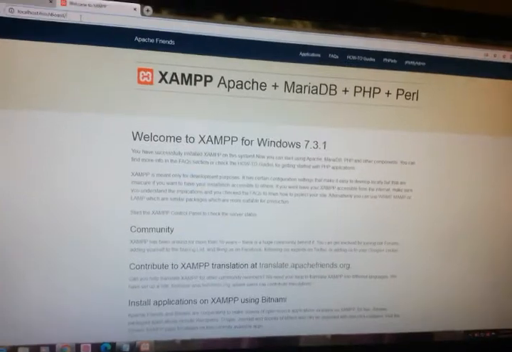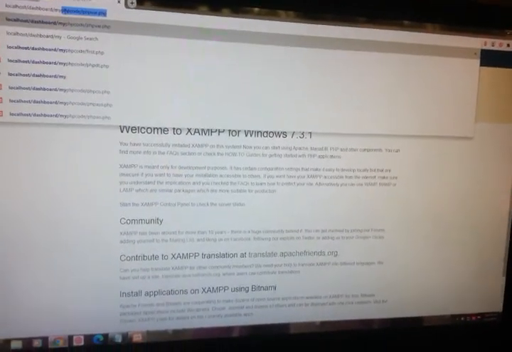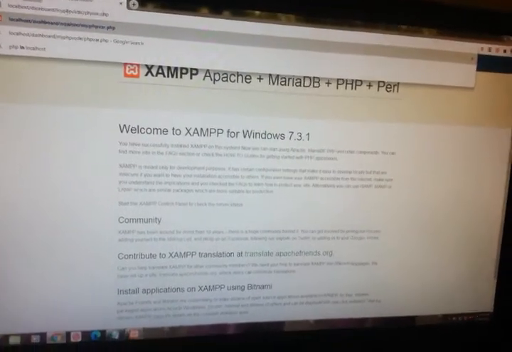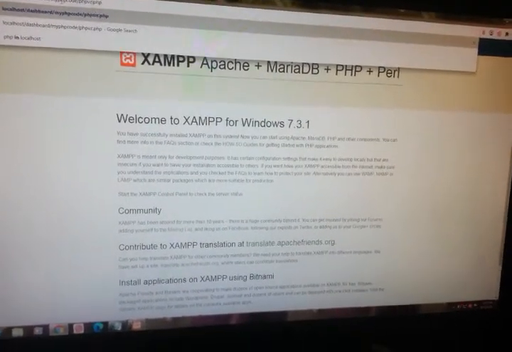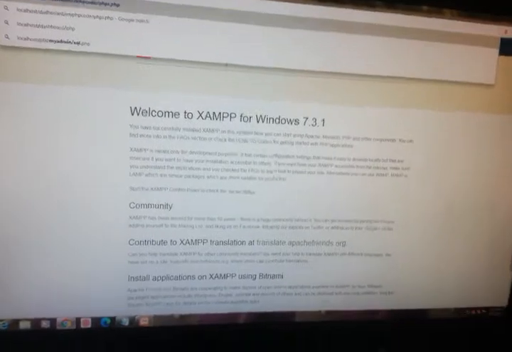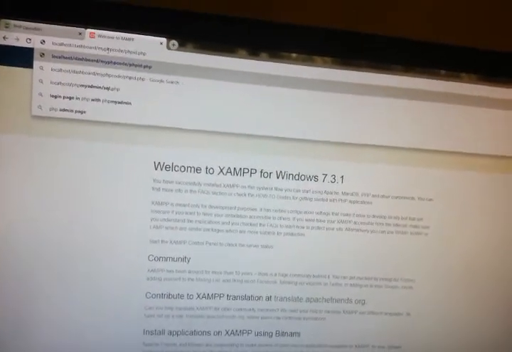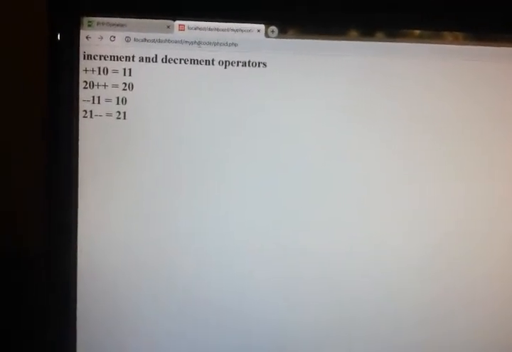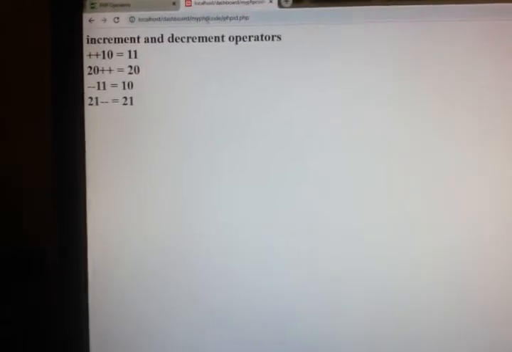In dashboard only we have created our own folder. So my folder is my PHP code. In that my file name is phpid.php. See, I got the output: increment and decrement operators.